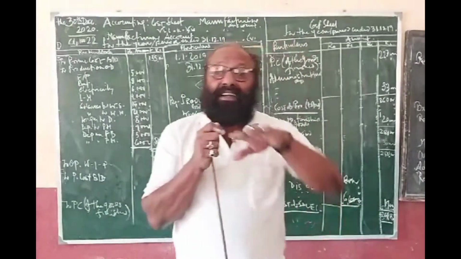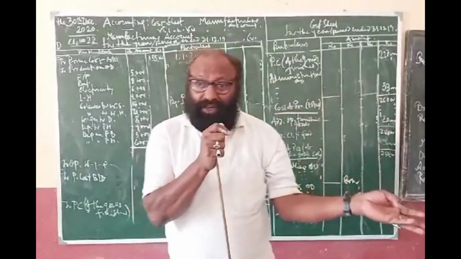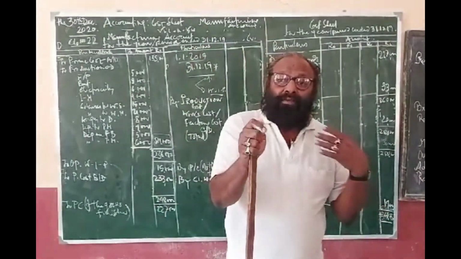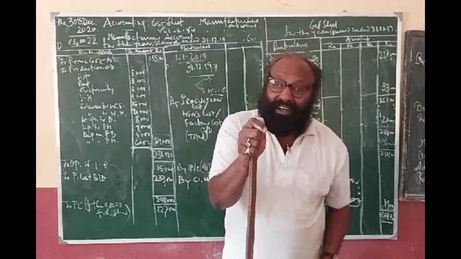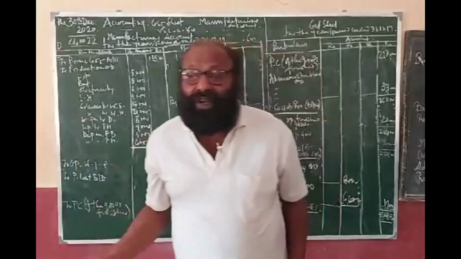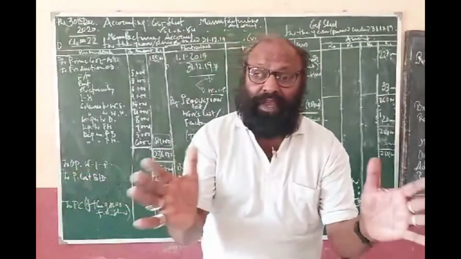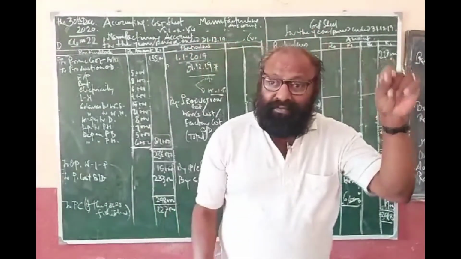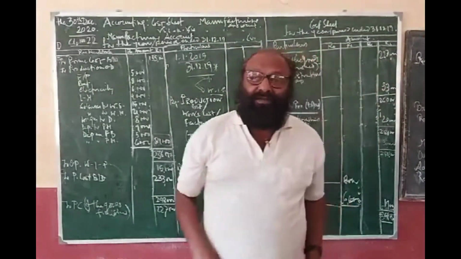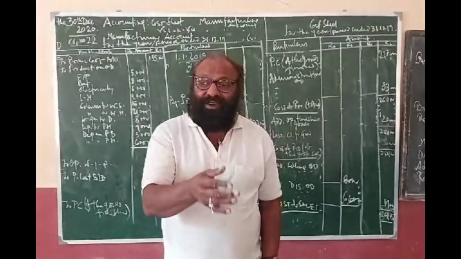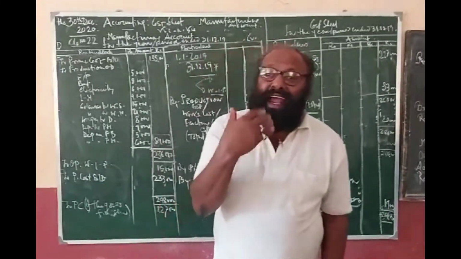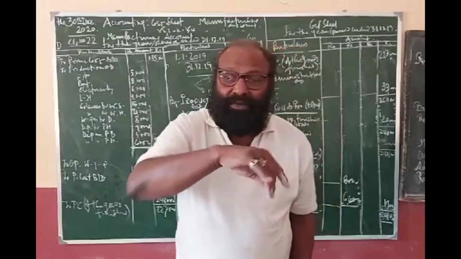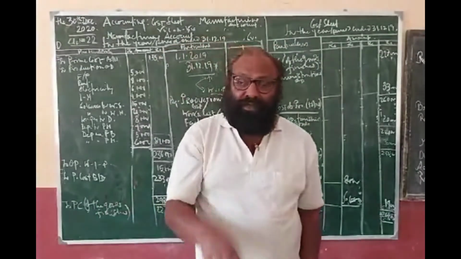Clear? Overhead is segregated under different functional parts: production overhead, that is manufacturing overhead, administrative overhead, selling overhead, and distribution overhead. Now, considering all these things, we prepare our cost sheet. The cost sheet has first part: direct material. Direct material means raw material consumed: add opening stock, less closing stock, then add all the costs relating to the purchase of material, to get raw material consumed.